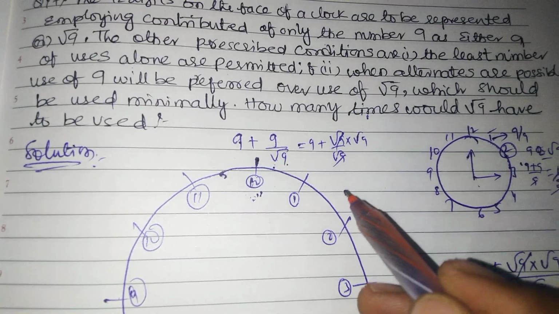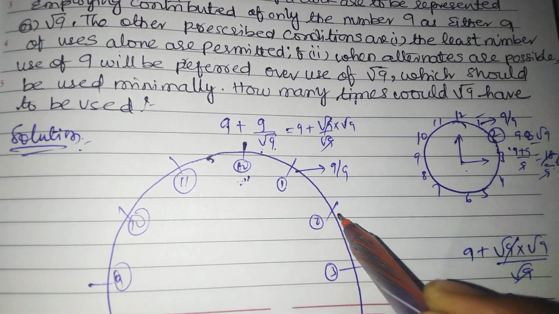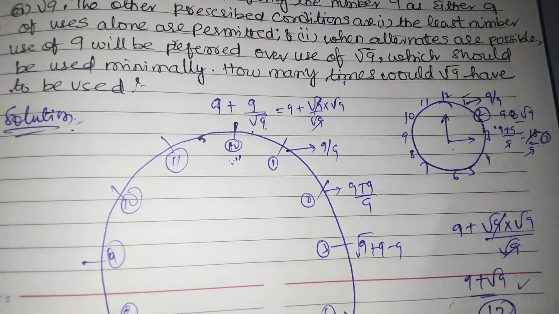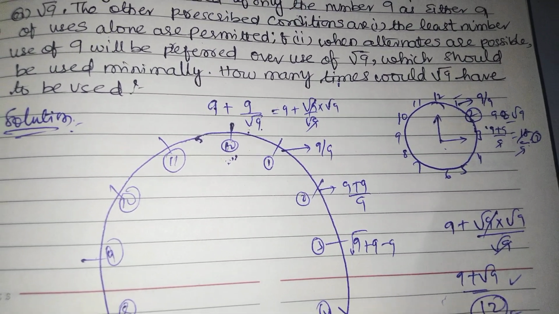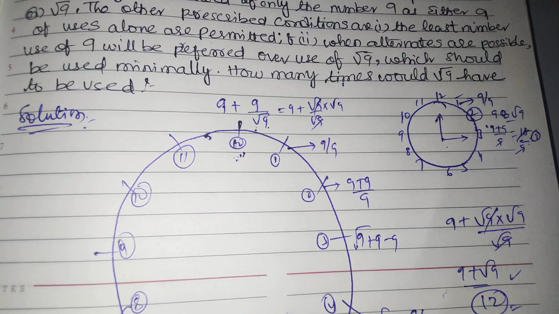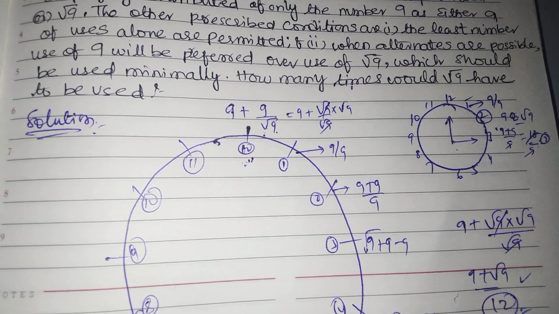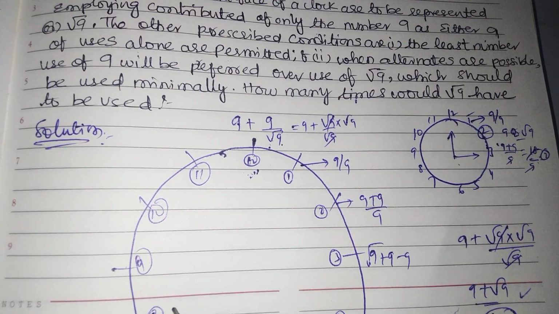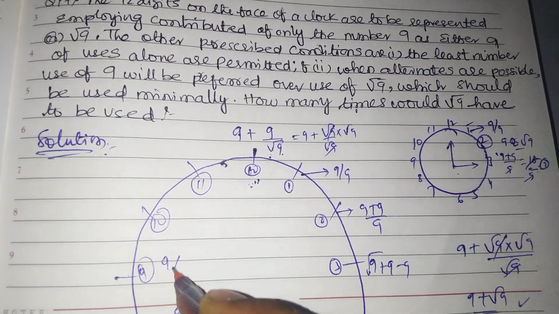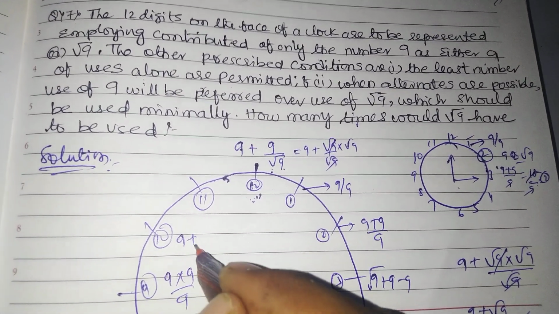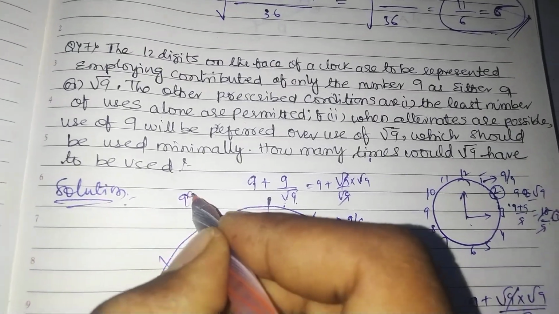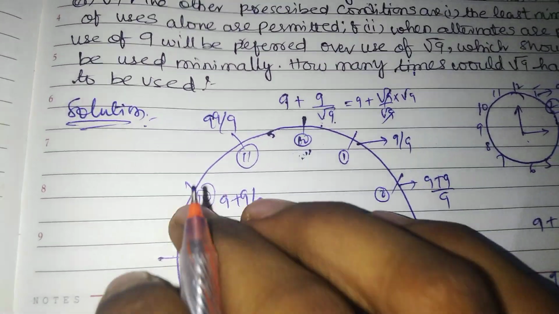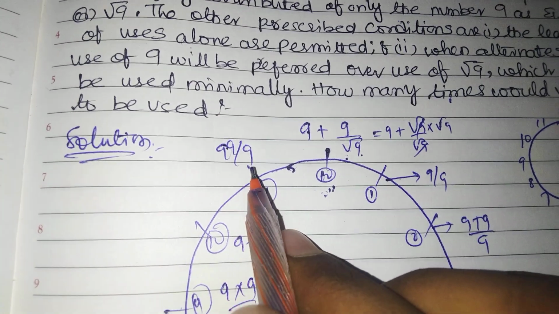Simply this one 9 by 9, and this one 9 plus 9 by 9, and this one 9 root 9 plus 9 minus 9, and this one root 9 plus 9 by 9, and this one root 9 minus 9 by 9, and this one 9 minus 9 by root 9, and this one 9 minus root 9 plus 9 by 9, and this one 9 minus 9 by 9, and this one 9 into 9 by 9, and this one 9 plus 9 by 9, and 11 is 99 by 9. Okay, we get it. If you have any doubts, do the analysis. You simply get this number by this one. 99 by 9 is simply 11.